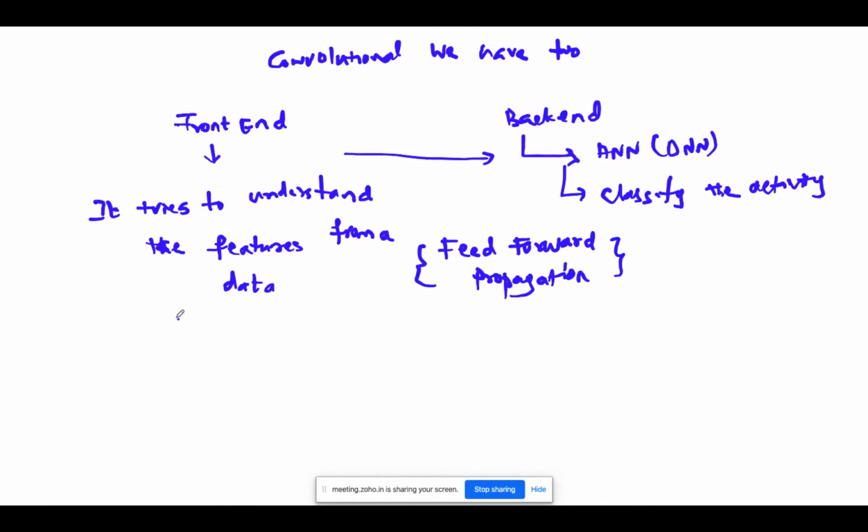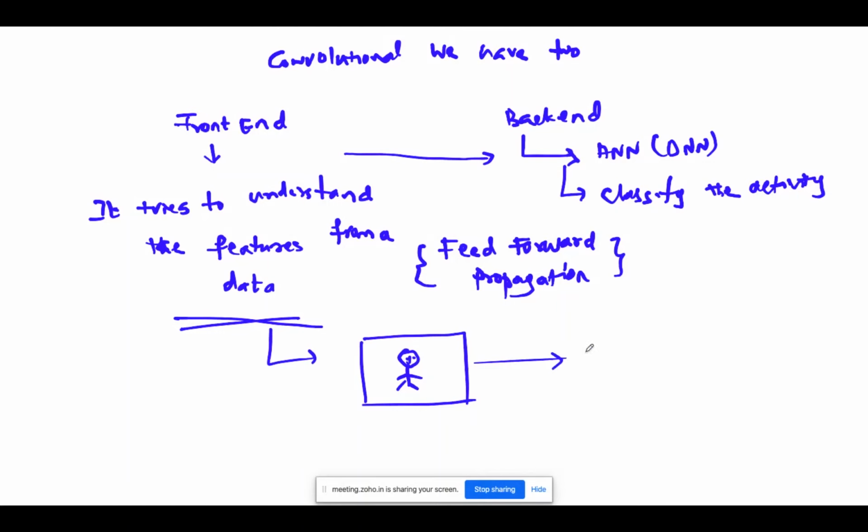Okay, the front end, what is happening? Let us say I have an image. I'm bad at drawing, so don't complain. We try to understand features by applying a series of operations.